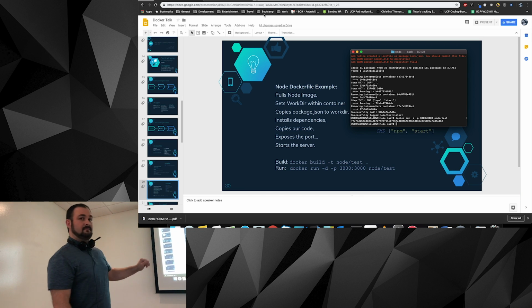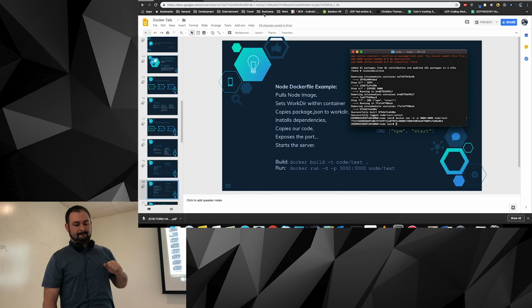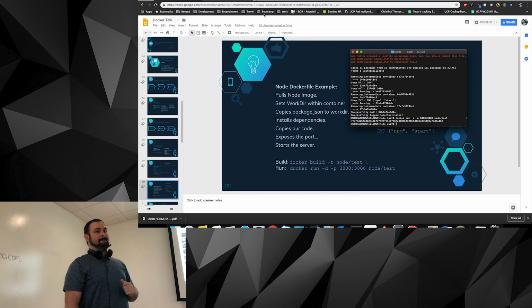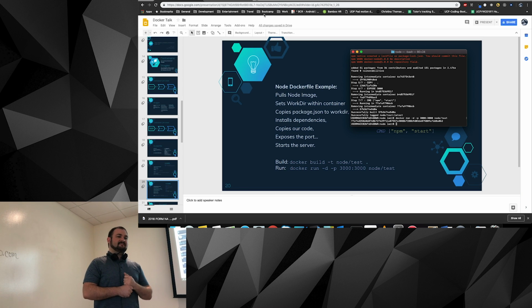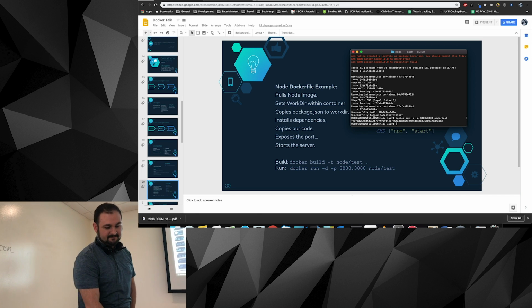So is it more than downloading? Because there's a bunch of files, like it says 7 or something. So step 7 of 7. Right. And it's going to take a minute because it's running an npm install in your container. So it's going to take however long npm takes.